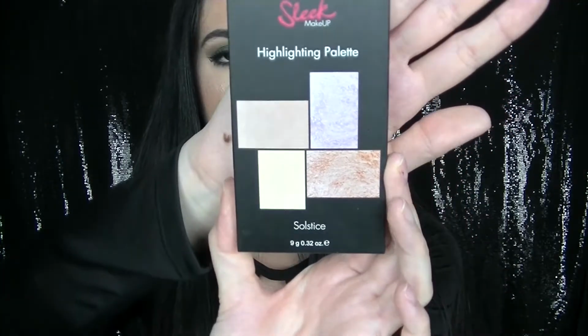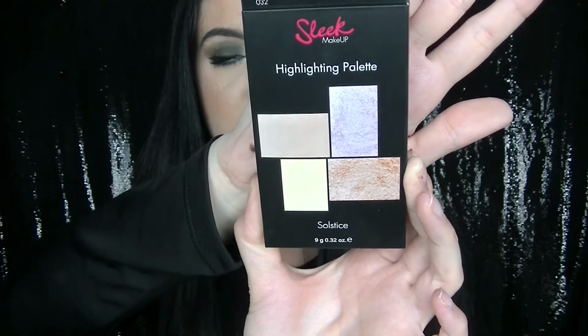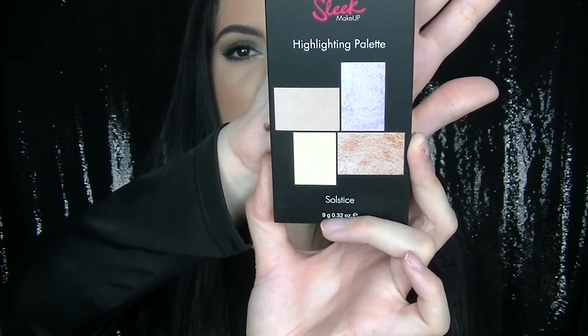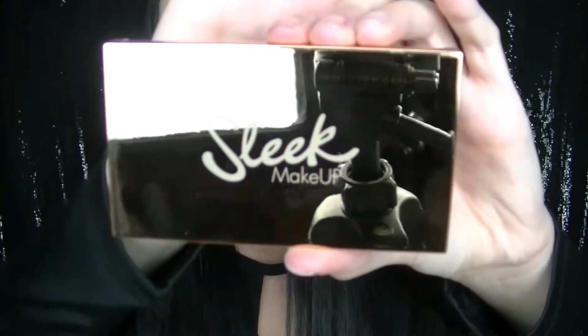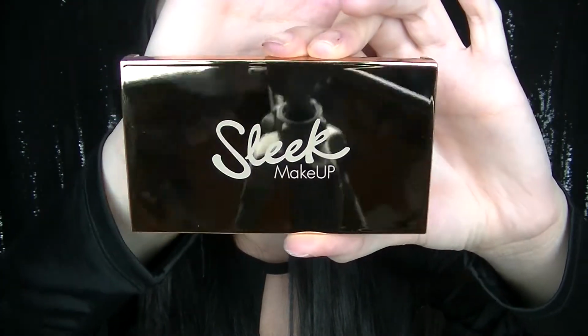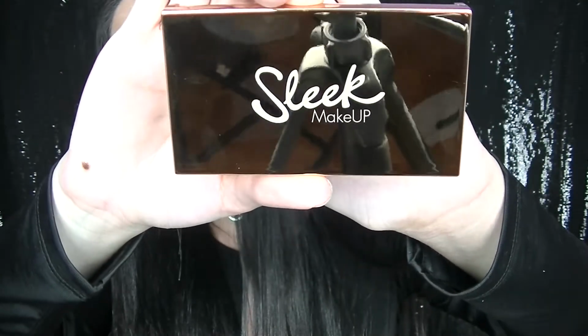Originally it just came in a box like this. It's obviously by Sleek Makeup, that's the brand. It's their highlighting palette, and it's the Solstice one. I think they have one or two other ones, and this is the Solstice highlight palette. And then here is a close-up of the packaging. I don't want you guys to get blinded by the lights, but as you can see here,